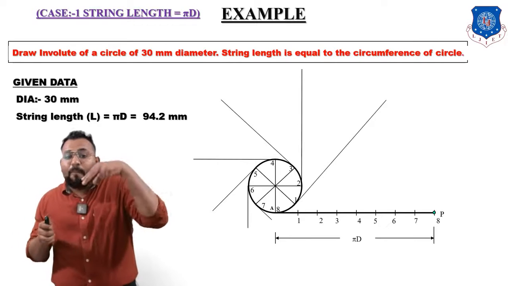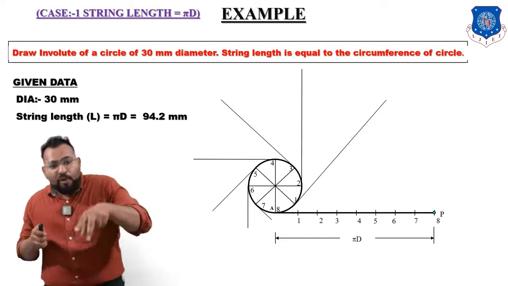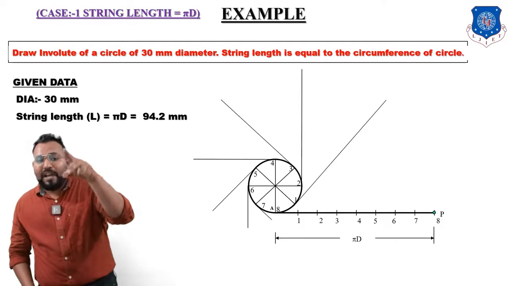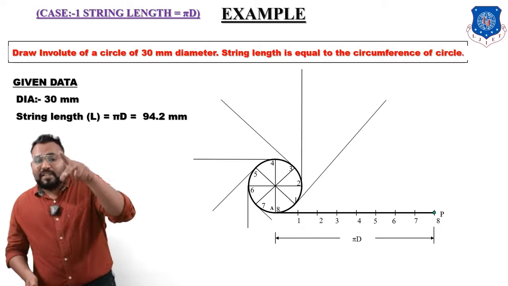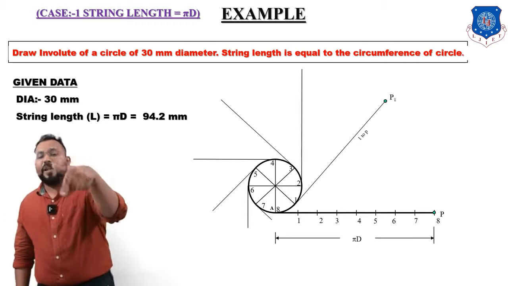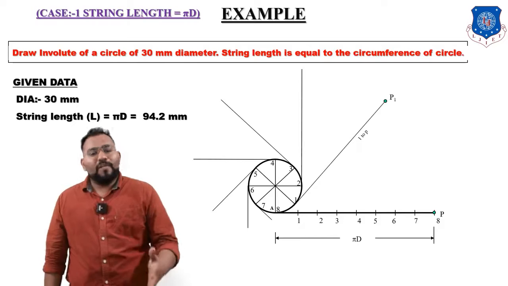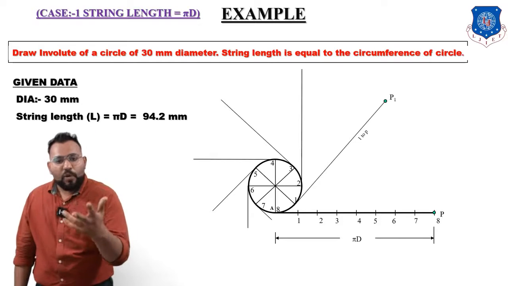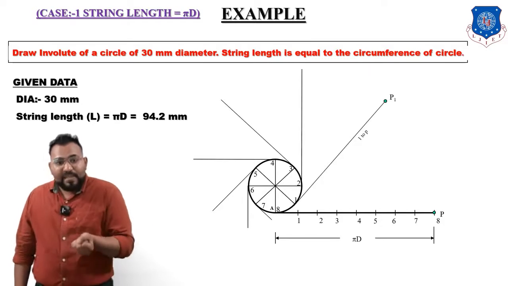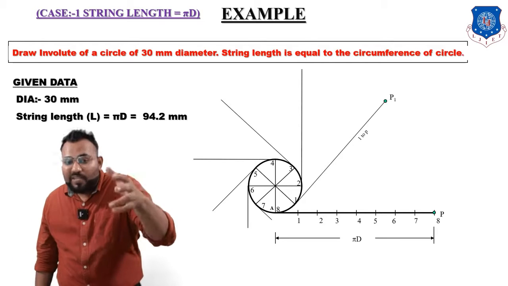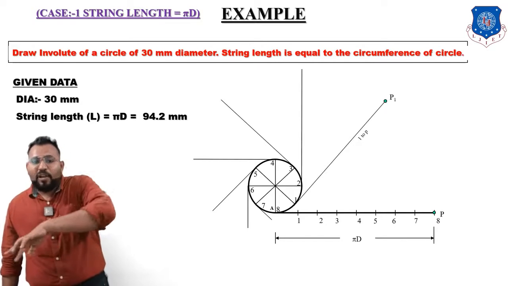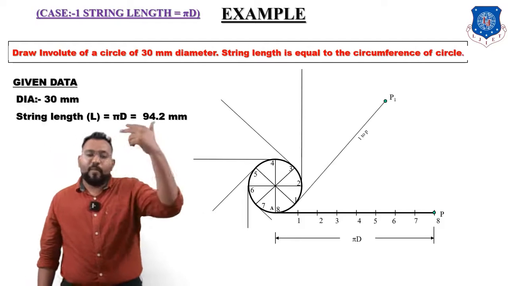Now, taking this much distance, come on to the point number 1 on the circle, and with 1 as a center, put an arc on the tangent which is coming from point 1, and wherever it intersects it will be a point P1. So what we have done: we have taken a distance equal to 1 to P on a string, and by taking this much distance we come onto point 1 on the circle, and from point 1 as a center we put an arc on the tangent. Wherever it intersects it will be point P1.